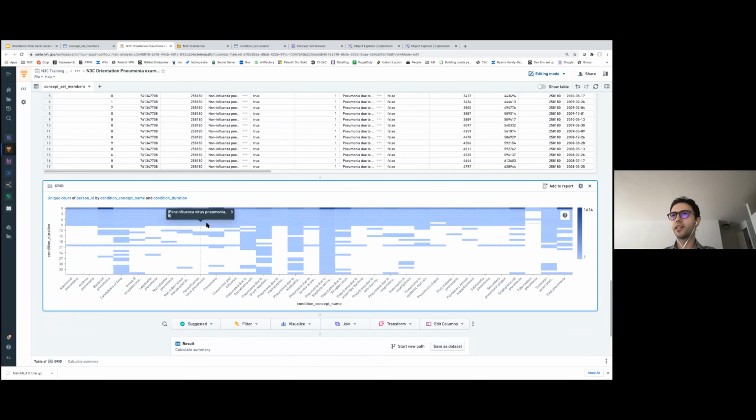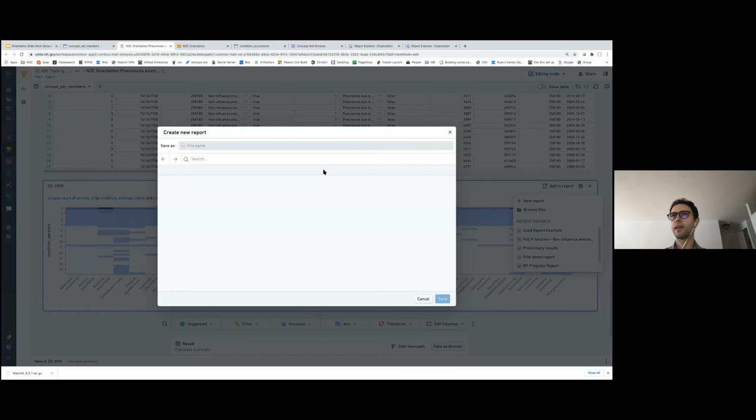So as you can see here, this is a grid, or you can call it a heat map as well. And it's showing the count of patients as a function of your condition duration and as a function of your condition. And if I want to put this result in a report for people to review, I can click on add to report here, and let me create a new report.